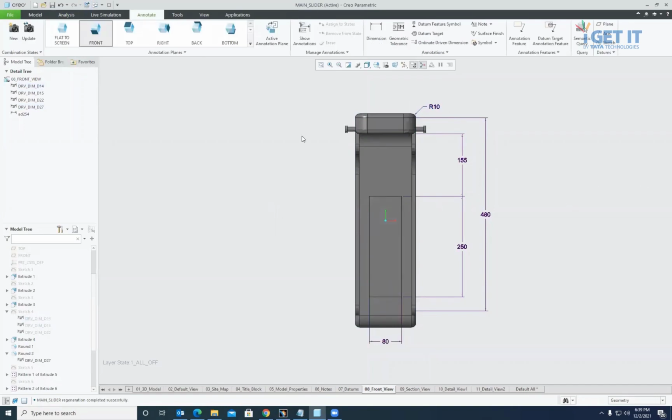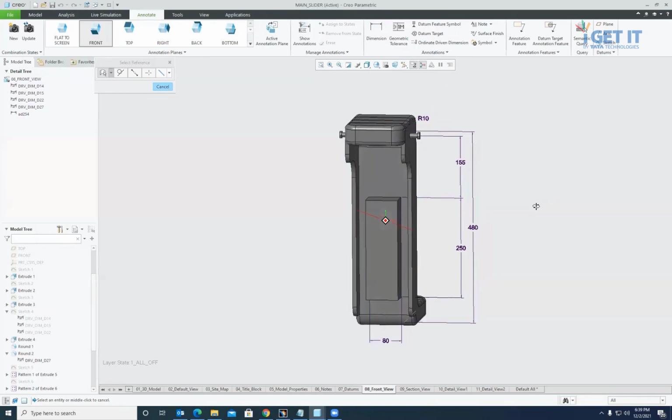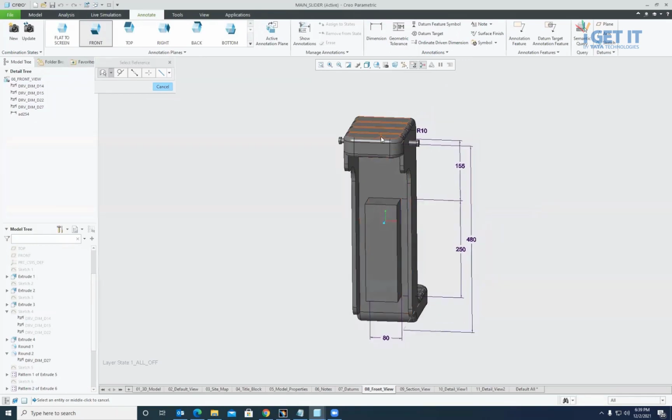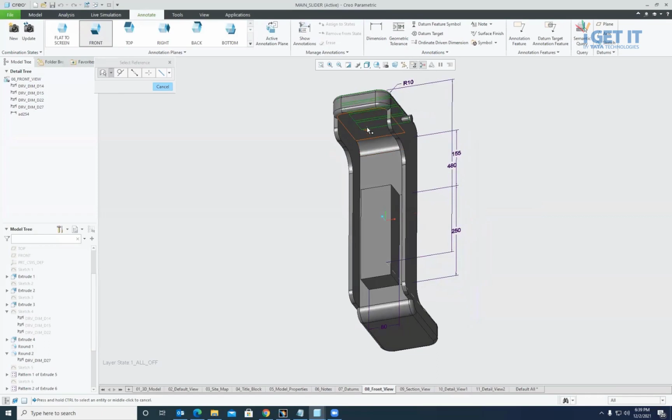Then next comes driven dimension annotations. For that, I need to go by this dimension selection and pick the surfaces which are necessary. I will pick this top surface and this one, first dimension.